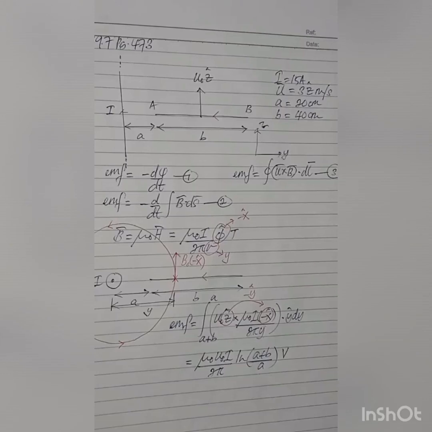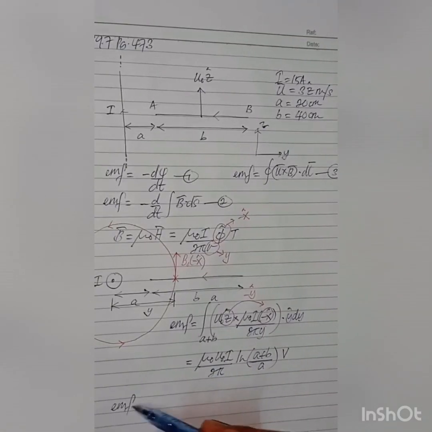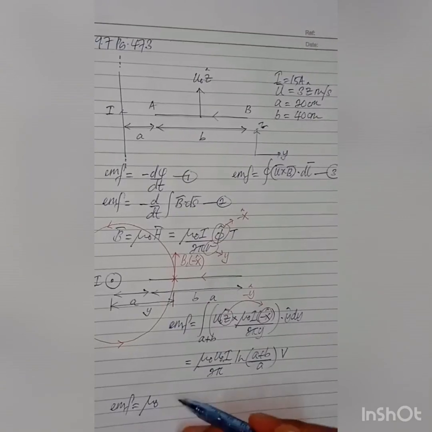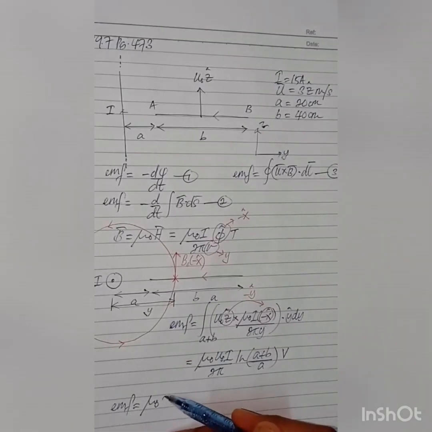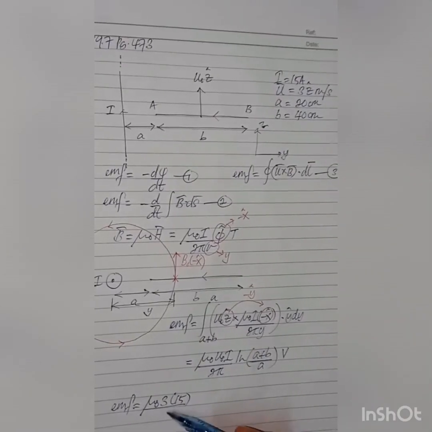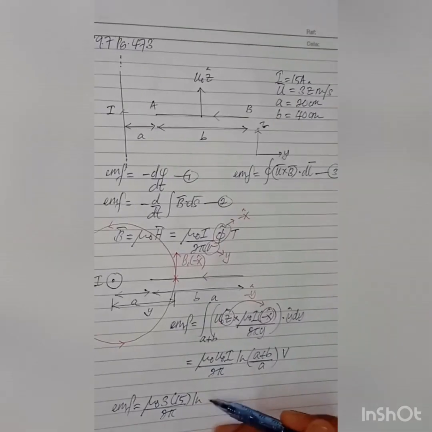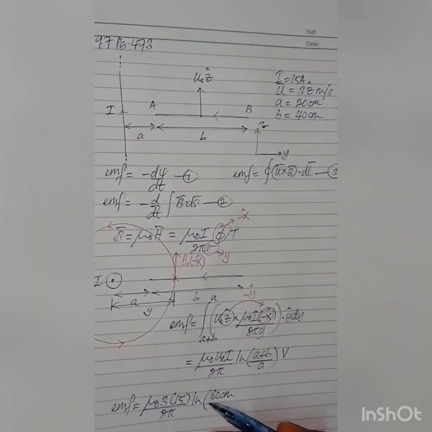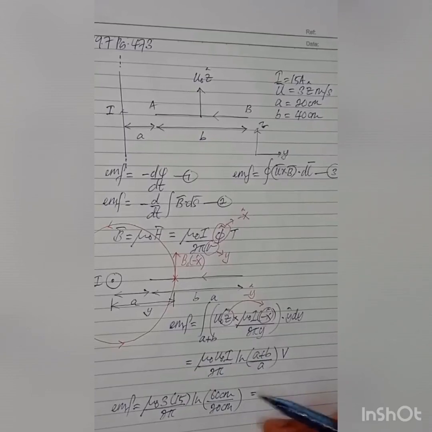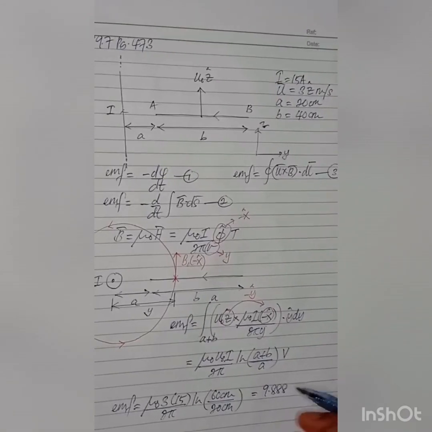If you substitute all the values of A, B, mu naught, u naught and also I, you're going to have the value of EMF: mu naught is 4 pi times 10 to the minus 7, u naught is 13, and I is equal to 15, over 2 pi, ln of (A plus B) equal to 60 cm over 20 cm, which will give us the value of 9.888